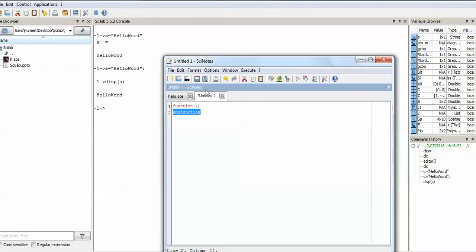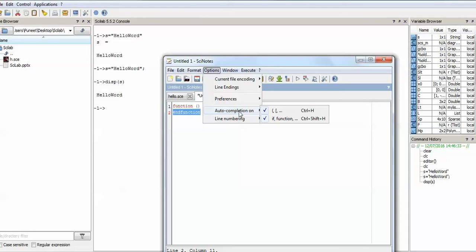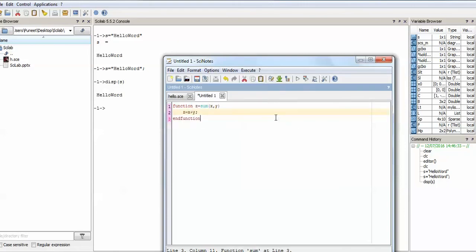It means that this is not a default thing. There is an option, auto completion is there. Like if you start with if, it will give you the end syntax. If you start with a bracket or parenthesis, it will give you the end. This is Control H, you can find it. If the color is not the same for those, the syntax is not correct. If you see the color is the same, the syntax is correct.